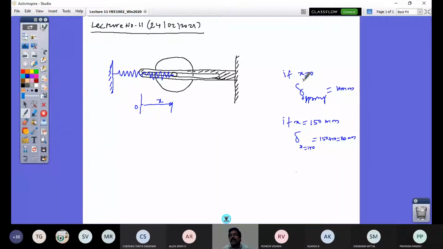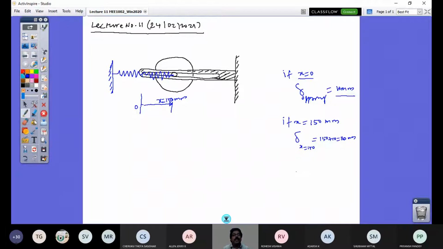Why this condition of 10 mm elongation when x is equal to 0? In case the spring stiffness is such that it won't make the disc position at 150 mm, it will just be pulling with the spring force. Because it is elongated, the spring will try to pull, and this disc will come and settle at x is equal to 0. That's its initial position. But now I require this component to be precisely translated by 150 mm from x is equal to 0.